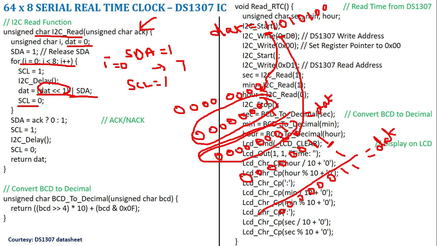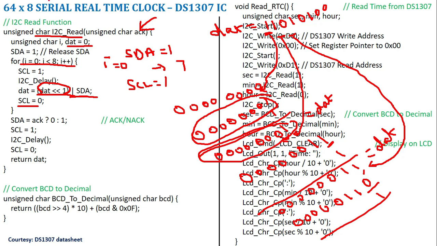Again when the third bit comes, 0. When the third bit comes, what happens? This will be shifted. So it becomes 0 0 0 0 0 1 1 0. So now the new bit is 0. Again I am going to do OR with this 1. So like this the process is going to keep on continuing until I receive all the 8